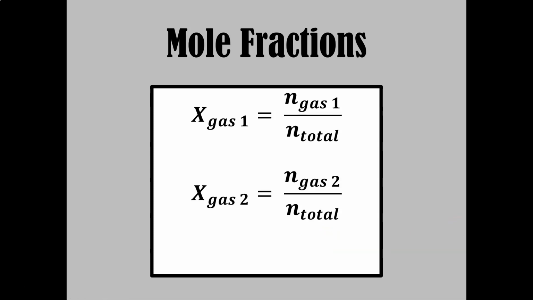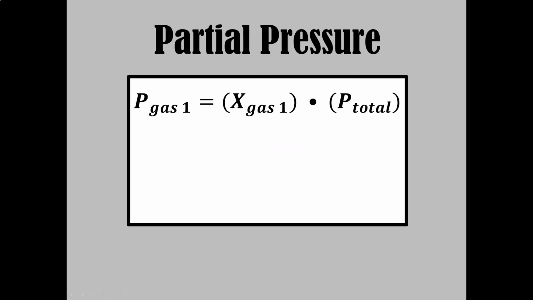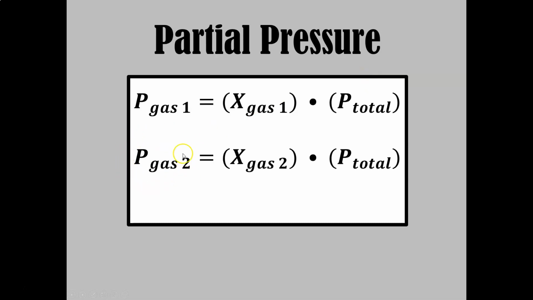So if I want to know the partial pressure for gas 1 and the partial pressure for gas 2, what I can do is use these fractions to see what fraction of the total pressure is coming from each gas. So the partial pressure of gas 1 is the mole fraction of gas 1 times the overall total pressure the container is feeling. For your second gas, the partial pressure of gas 2 is the mole fraction times the total